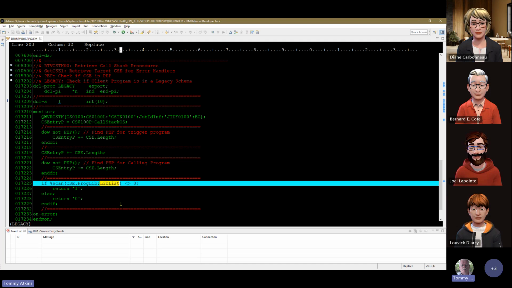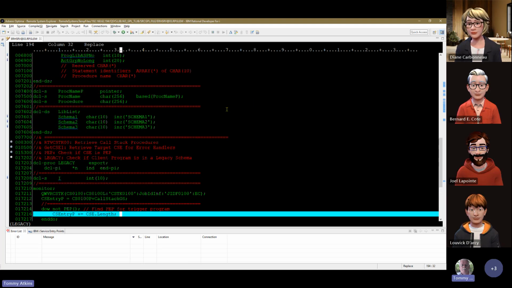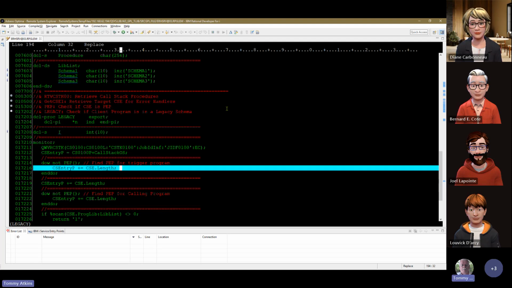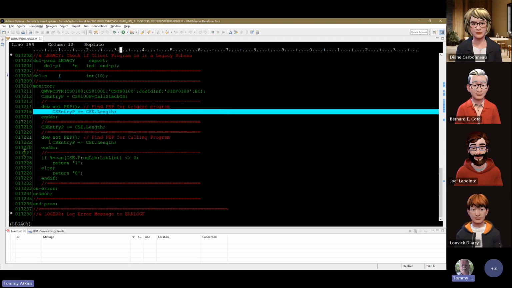Now, I have got a set of golden rules that I cram down everybody's throat at every opportunity. And probably the first of these golden rules is never hard code library names, ever, unless it's QTemp. I keep saying that over and over again. Never hard code library names, because they come back to bite you for sure. Except now I'm going to break my own rule,